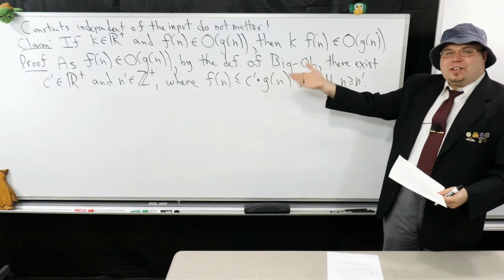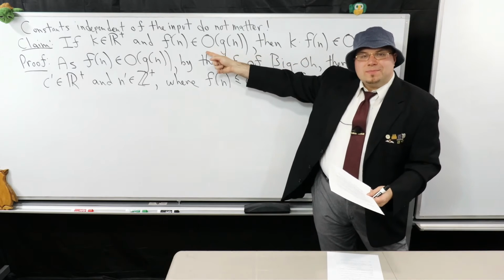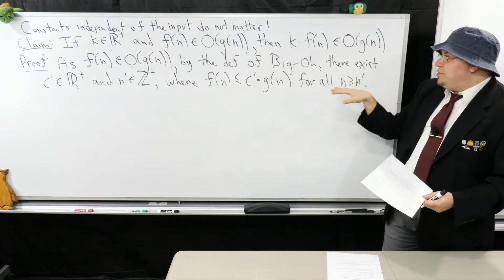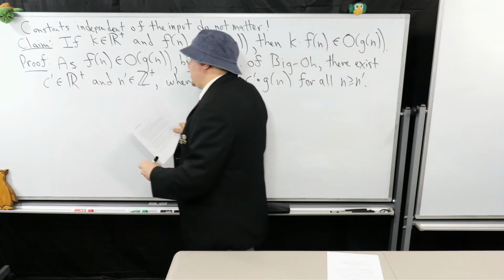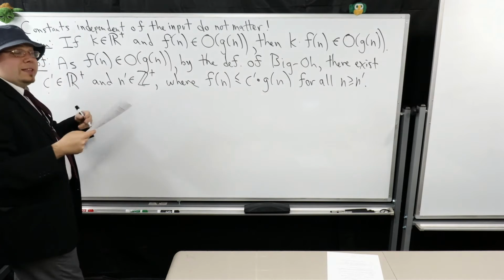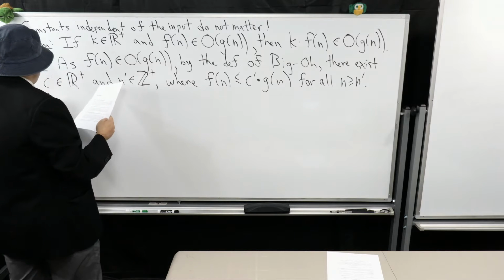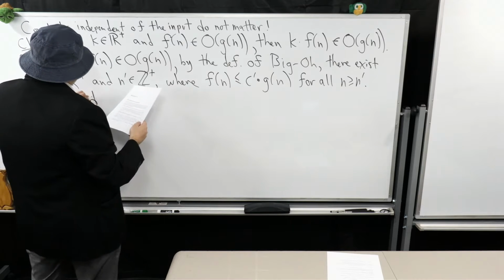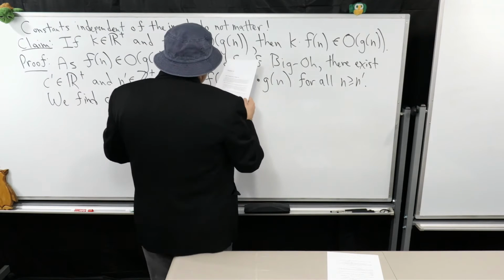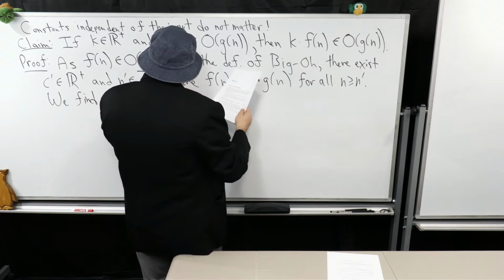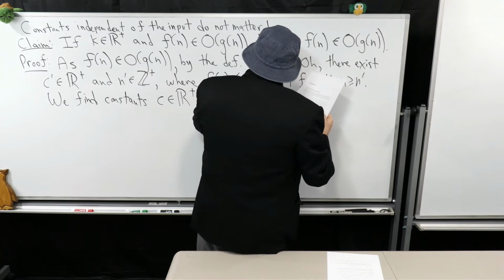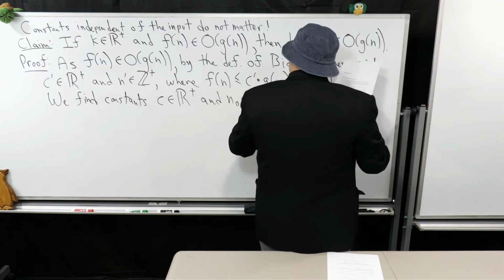So I'm just using the definition of big O from this fact. Remember, I have those two facts I can play around with. I'm going to invoke the second fact here to know that I have these two constants I can play around with. We've done this before. So what I'm going to do, write down the game plan: we find constants c, which is a positive real number, and n0, which is a positive integer, so that